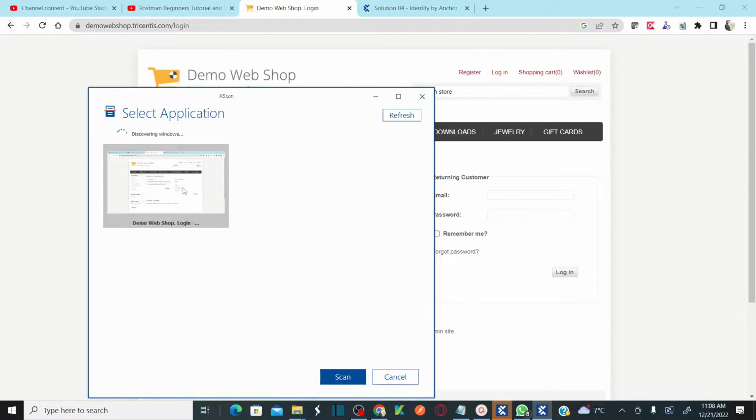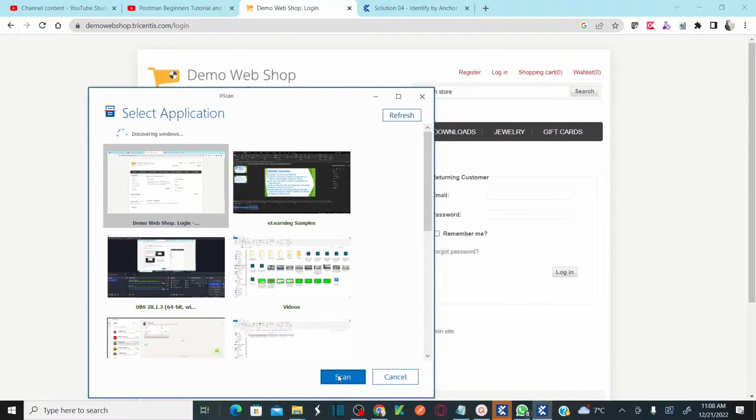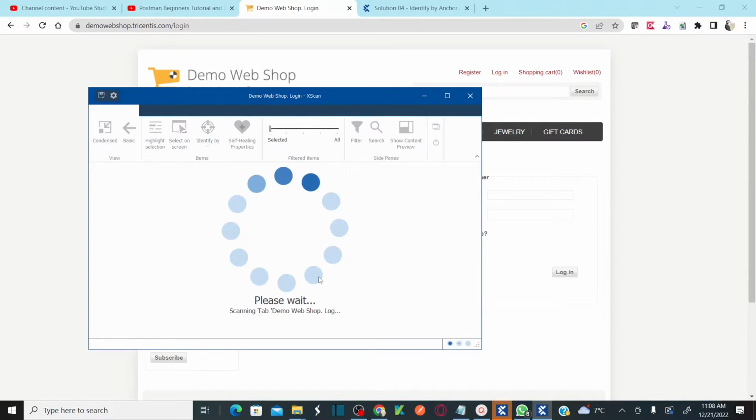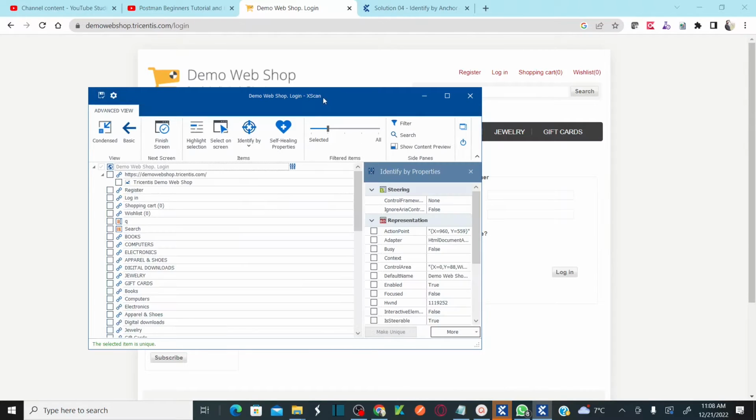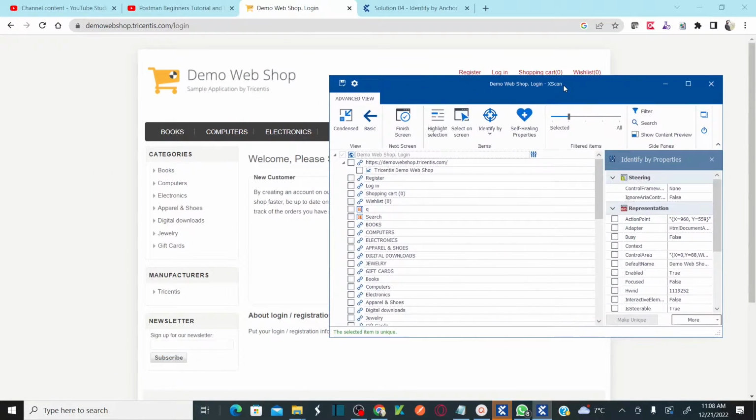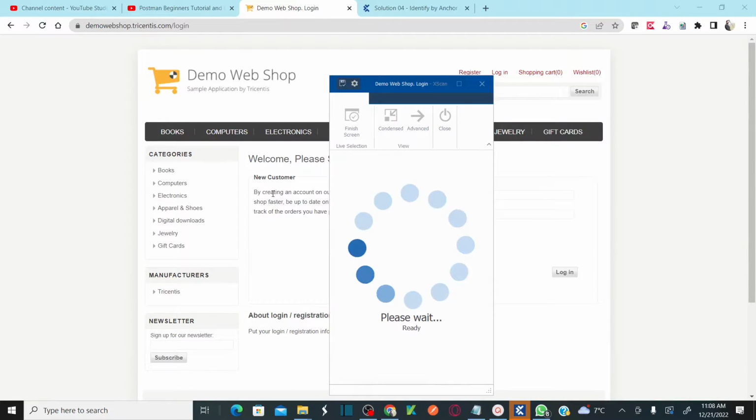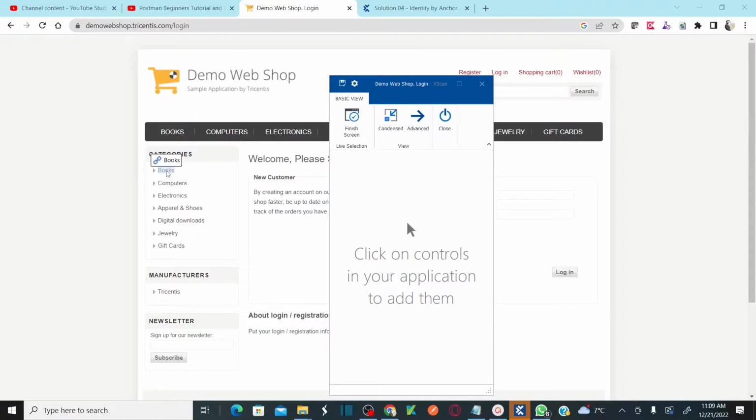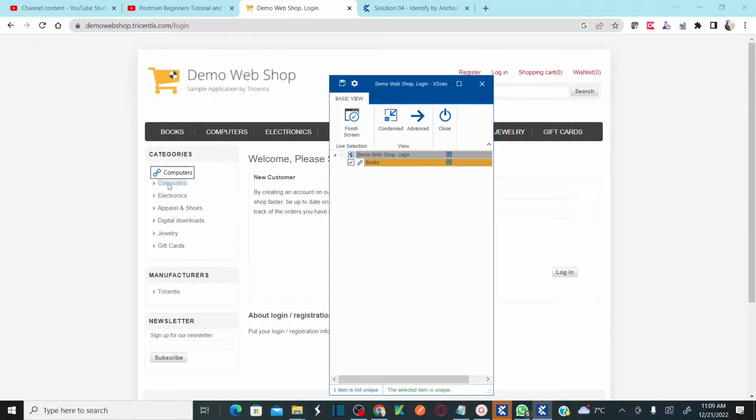Okay, so this is the demo web shop. Click on scan, and now I want to add the categories. Instead of this, I want to add the categories. Let's go back to the basic view and then add books, add computers, electronics, apparels and shoes, download, jewelry,